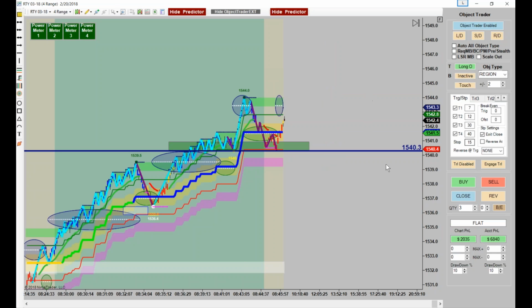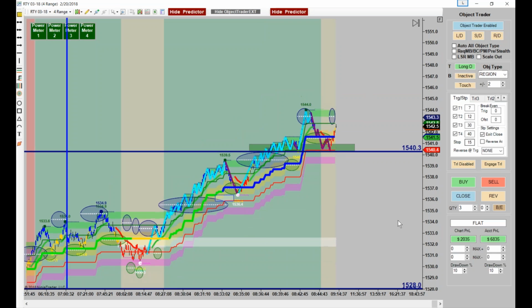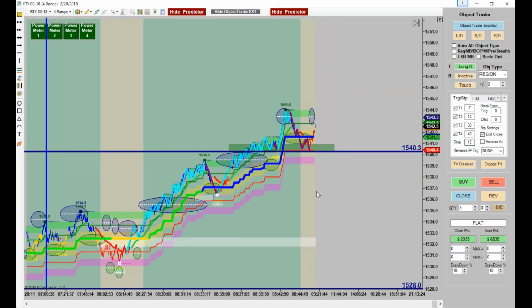But I don't know if anybody remembers. I don't know why that just went flat just then. I think I moved my targets, is what I did. But anyway, I think we're almost done. Everybody see all this? So let's trade this tomorrow and see if we can get some of these trades, because this isn't hokey pokey. I called that trade in the room live, and the way I did it was exactly the way I drew it just then. I also called this trade in the room live.